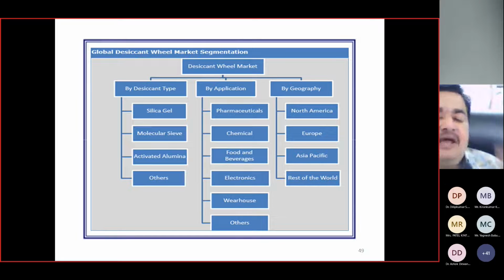All those applications require a dry atmosphere, because whenever you buy a new mobile or computer, you see that some globules of silica gel in a packet are available along with the purchased item. The purpose is to keep the environment dry. Otherwise, minute circuits available with that component can get short circuited. Most of the time that happens during the monsoon season when ambient humidity is very high. And system applicability will be in different continents, from North America to Asia Pacific, for various requirements and applications.